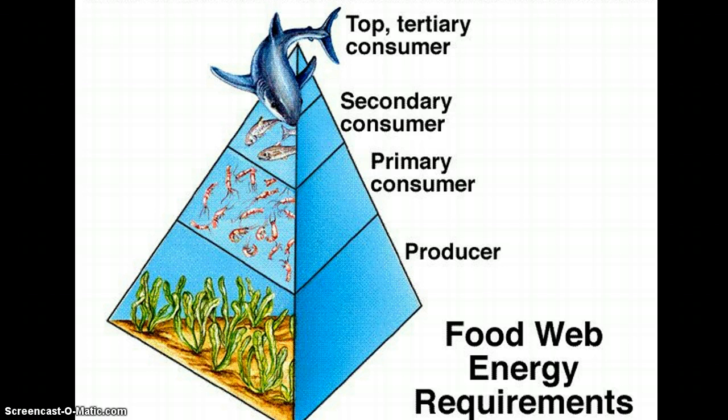Now some animals don't have that option because they are carnivores. But if we needed energy, let's say we have a cow. Well, the cow ate the producers. The cow would be a primary consumer. The cow got 10%. We ate the cow, we get 10% of 10, which is 1%. Now, if we're a country that doesn't have a lot of food, we don't want to be eating the cows. We would want to be eating the plant type of stuff like rice and grains, which is why we send rice and grain to countries that are in need of food as opposed to sending our cows and pigs. You can feed a lot more people using rice and grain because there's more energy. You can eat less of it but get more energy from it.